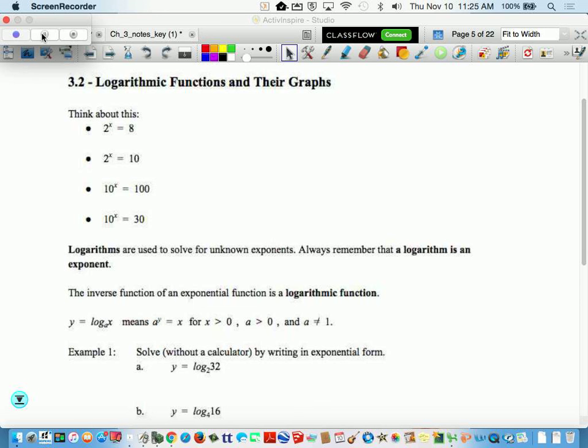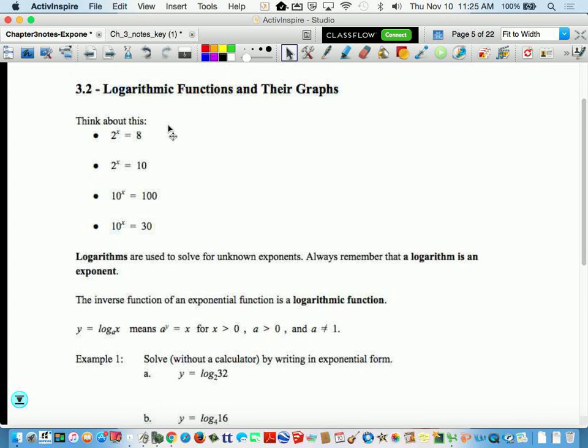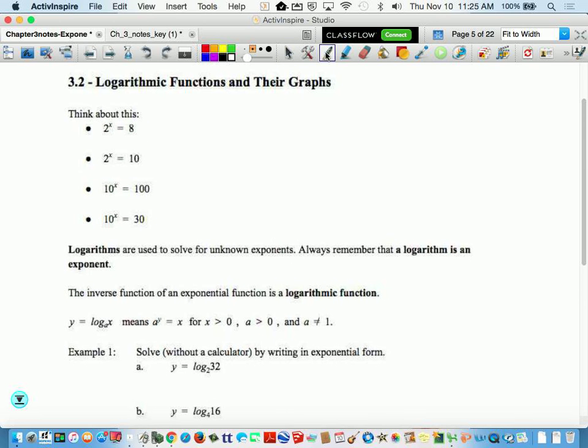So it's a 3.2, right? This situation. 2 to the x is 8. What's the answer? X will be equal to 3. But now when you look at 2 to the x is 10, the only thing we